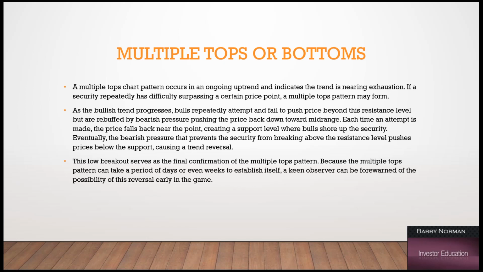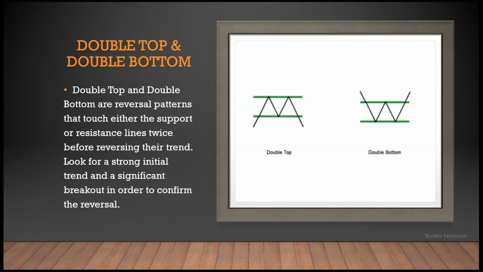Now we have multiple tops and bottoms. These start with double tops and bottoms. I tell you all to ignore them 100%. In our type of trading, and today with everything trading four pips to the right of the decimal, we get lots of double tops. That means price moved up, hit a point, moved down, moved back up, hit that point again, and fell back down. It happens day in and day out, more and more times. Same thing with double bottoms, just in reverse. Actually, they look like M's and W's. It's not significant enough to give us any information.